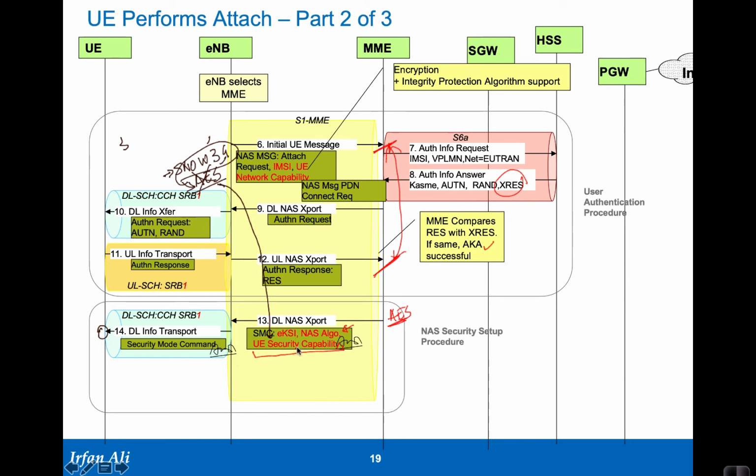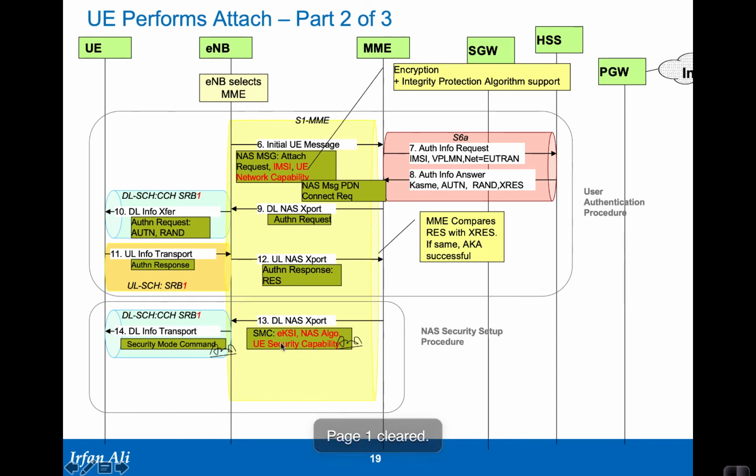And there is also an additional parameter, which is the key set identifier, the eKSI, or the enhanced key set identifier. This is a shorthand index to the keys, to the authentication vector that is being used, to the KASME. And this actually comes into play when there are multiple key sets being used, and those are the more advanced cases, if you have handovers from 3G into 4G, where you could end up having two different security keys, one from a mapping of 3G to the 4G keys,